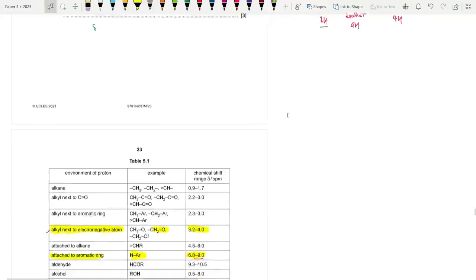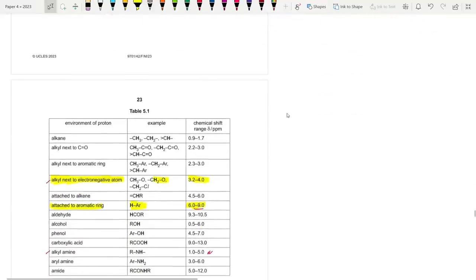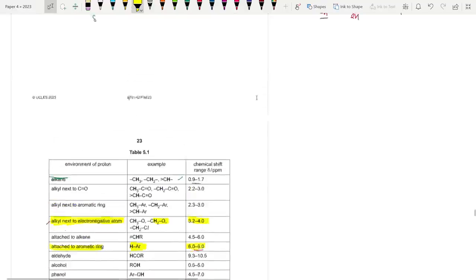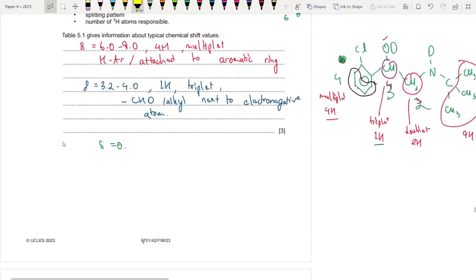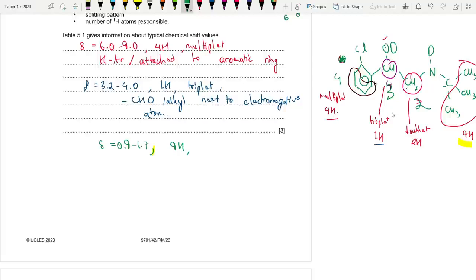It's just an alkyl, the lamest one, just an alkane. It's CH3 connected to C, alkane, with a chemical shift of 0.9 to 1.7, mainly responsible for 9 hydrogen atoms. I taught you that it's a singlet because the adjacent carbon does not have any hydrogen atoms. So 9 hydrogen atoms are responsible. It's a singlet, and it's basically a CH3